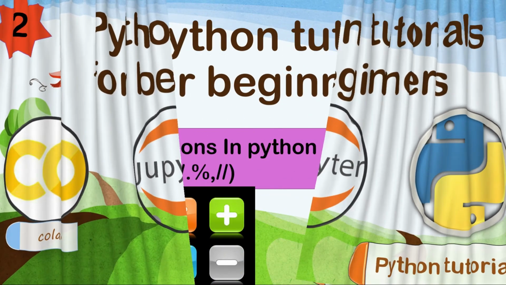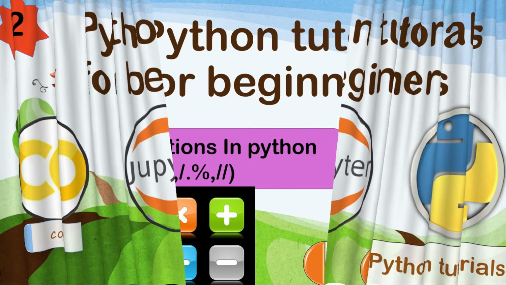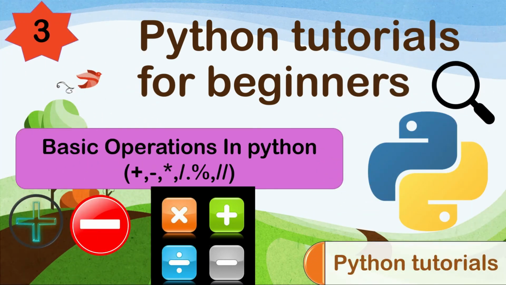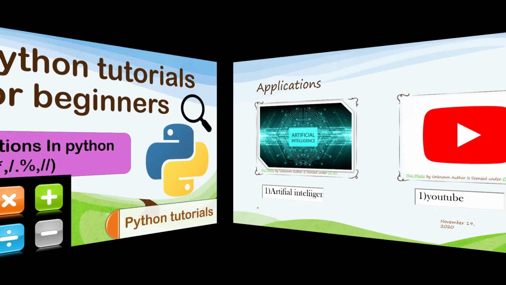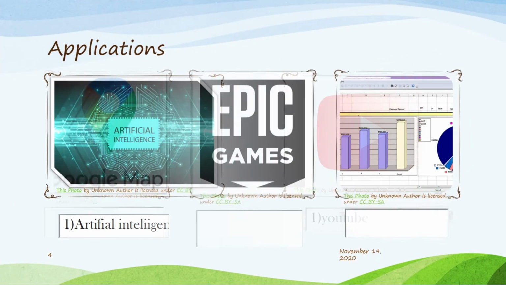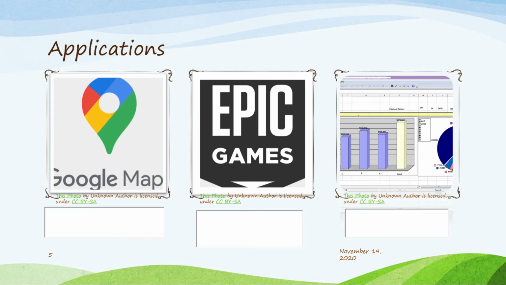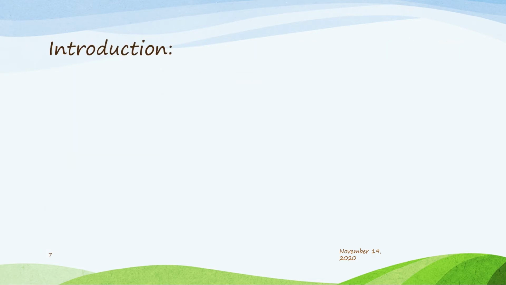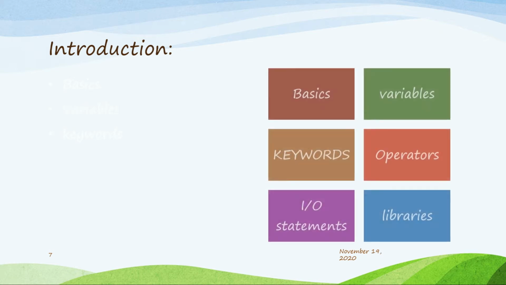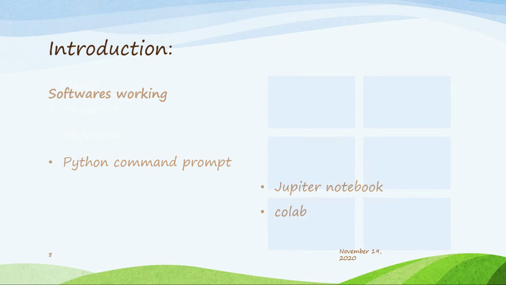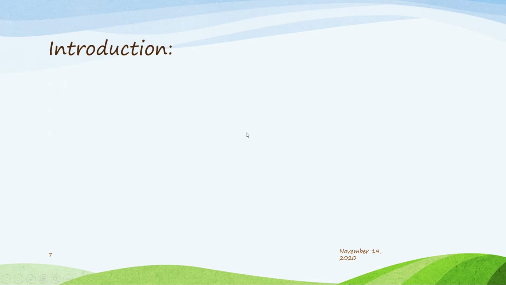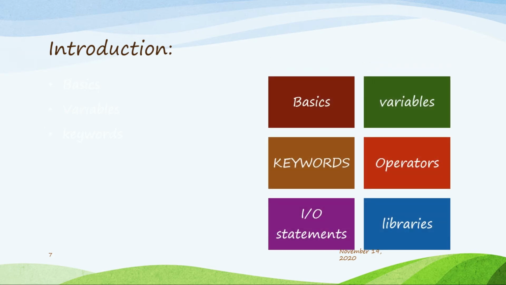In the previous lectures, we saw the Python tutorials, like installation of various software and the basic operations that we are going to perform in Python. This session is mainly essential for the introduction. We saw the basics, right? And then we are going to see variables today, and keywords later. So in today's session, our main agenda is to complete the variables part.